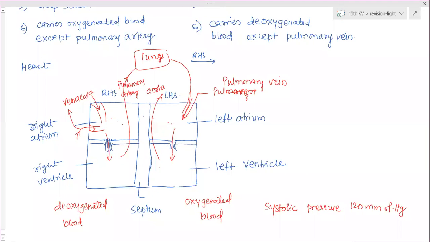And when atria are contracting, at that time ventricles are relaxed. So when they are relaxed, they are receiving blood. They won't press it away, so they are not giving it away. They are receiving blood first. In the first part, they are receiving the blood, and in the next part, they are sending the blood. So when they receive, no blood is sent to the aorta and then the artery. Therefore, the pressure in the artery blood is very low. That is called diastolic pressure, and in a normal human adult, it is 80 mm of Hg.